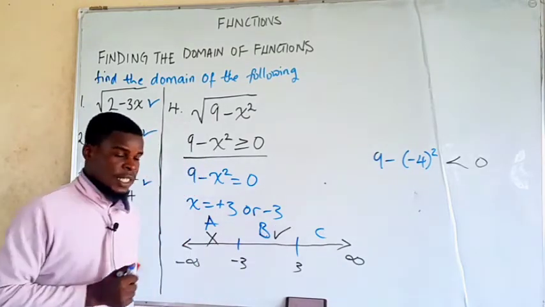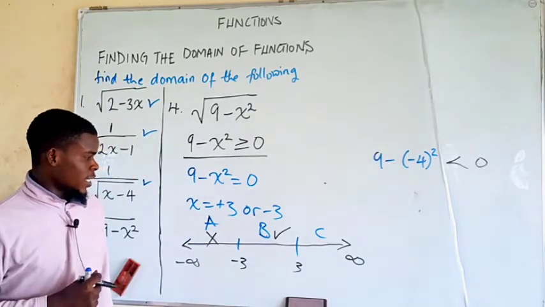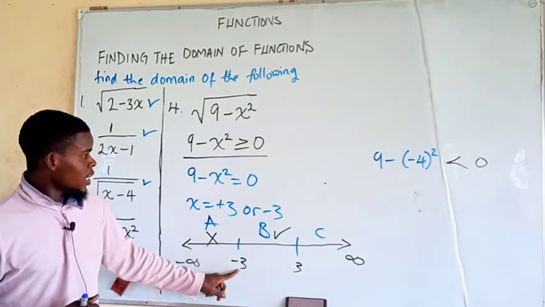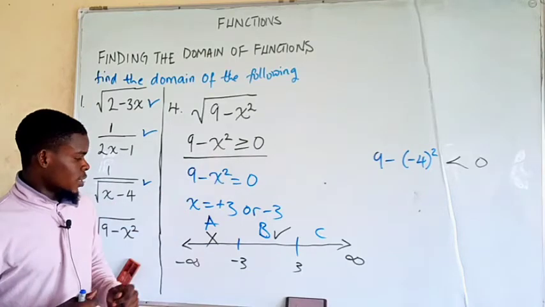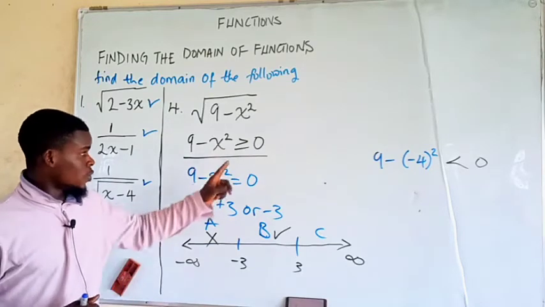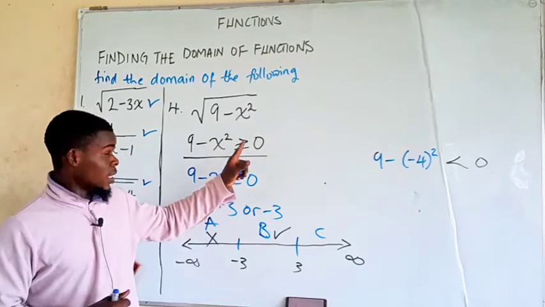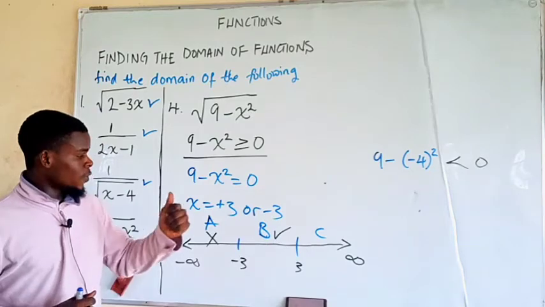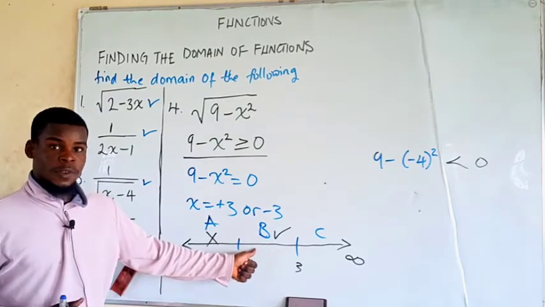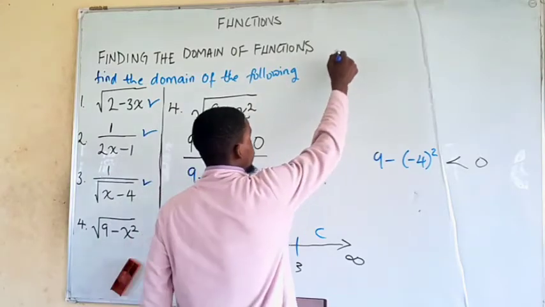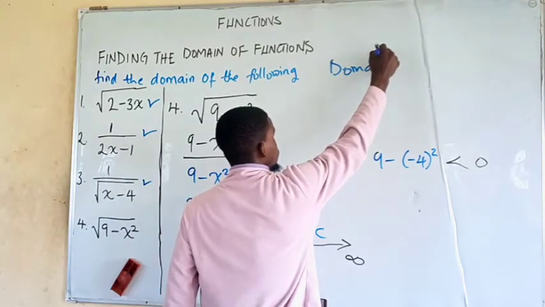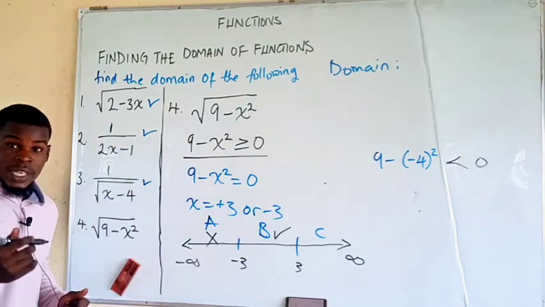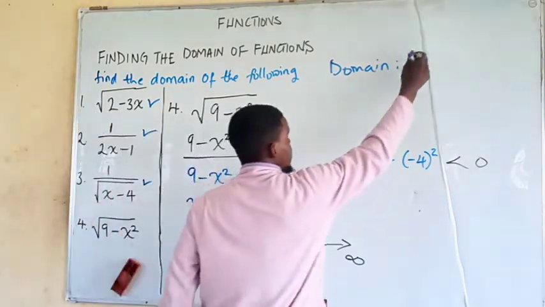Right, so B satisfies that inequality, and that gives us very nice information about the domain of this function. Now, take note, if you plug in negative 3 in place of x there, negative 3 will also satisfy, because we say it should be either bigger than 0 or equal to 0. If you plug in positive 3 into that inequality, positive 3 also satisfies. That means that the first part of our domain will be of the form from negative 3 all the way to 3, with negative 3 and 3 included, since both of them satisfy the